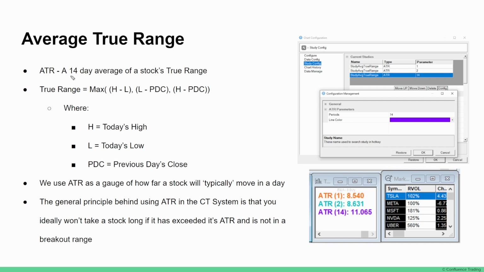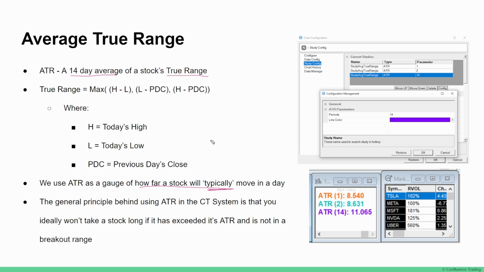The average true range is a 14-day average of a stock's true range. True range has a long, complicated-ish formula, but the reality is, all it's trying to tell you is how far a stock will typically move in a day. So if the ATR of Ford Motor Company is 0.5, or 50 cents, then you could generally expect Ford to move up or down 50 cents from the opening price, assuming it opened exactly where it